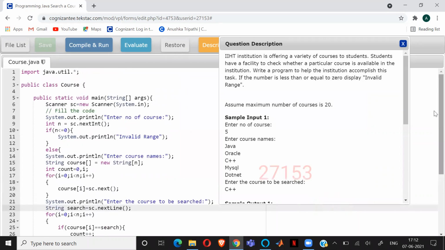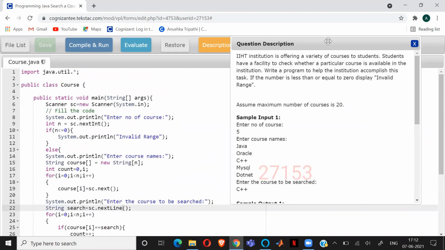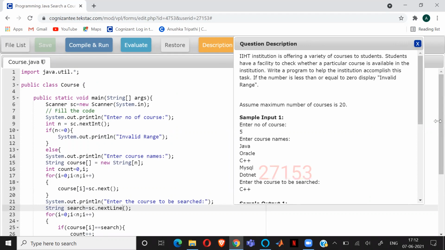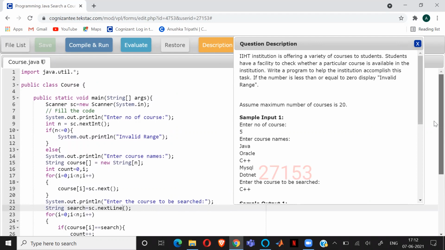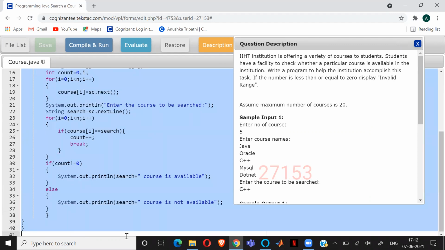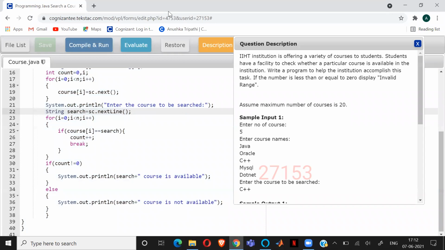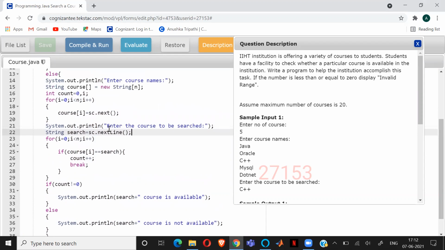It's a weird platform, we cannot copy or paste anything. Okay, just 1 minute, let me check it. You do next itself. Change it to next. And wait.